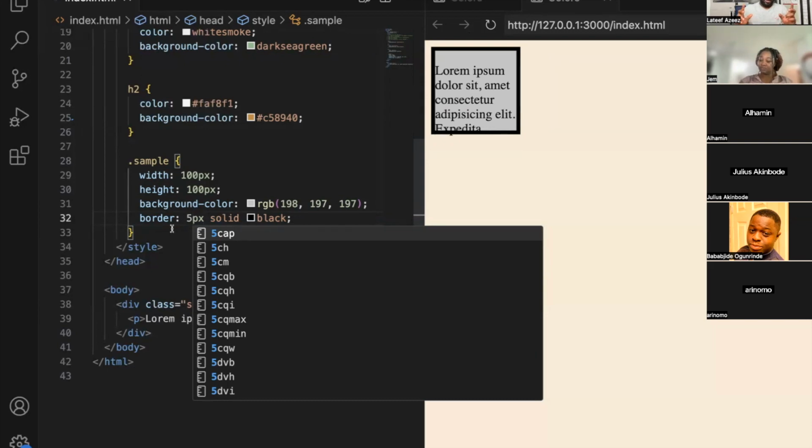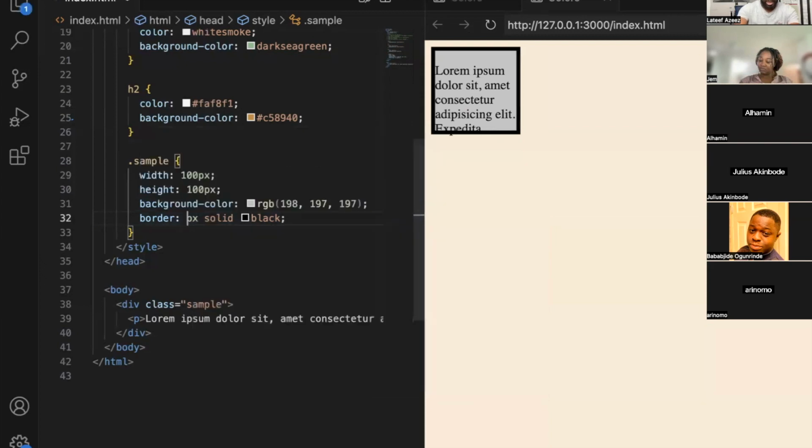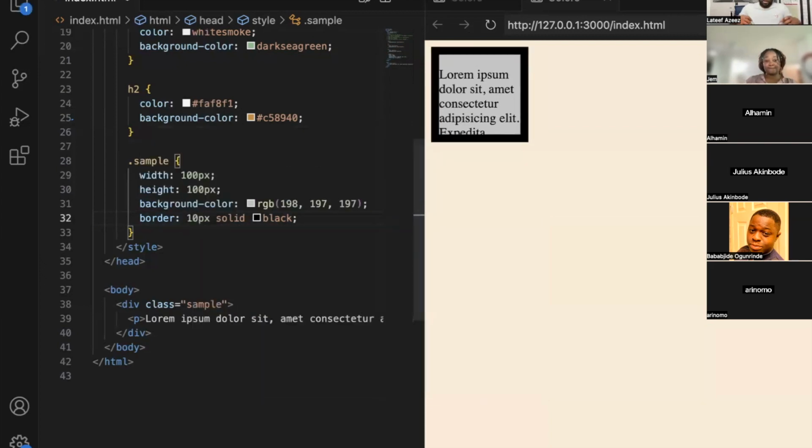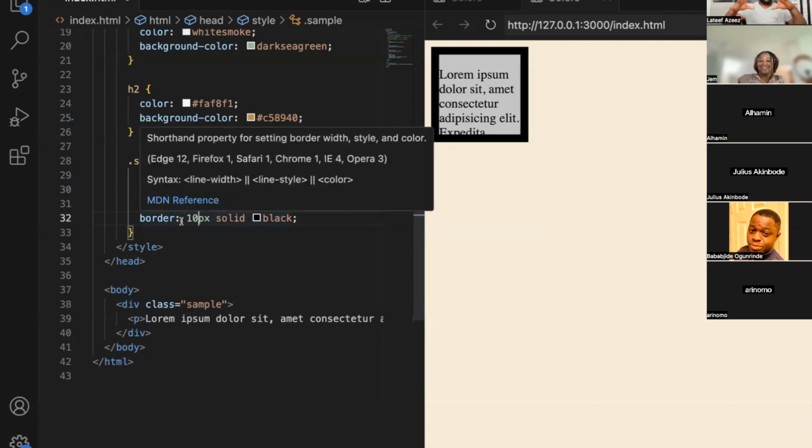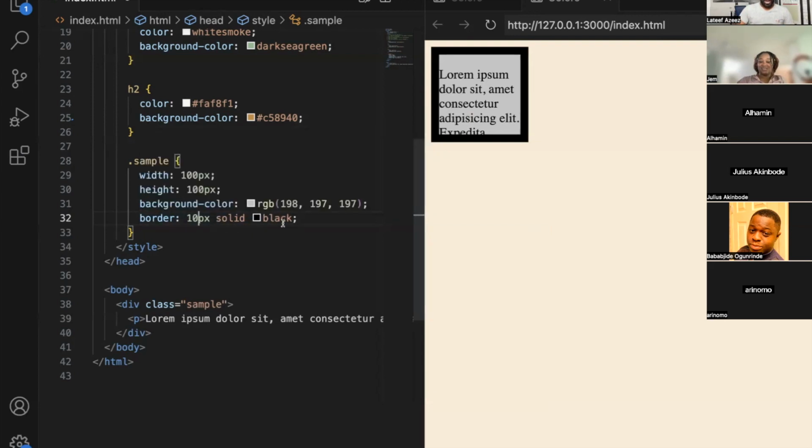Okay? All right. If I change this to 10, you can see it keeps pushing, it keeps squishing the text. It's compressing the text inside. Suffocating it, not letting it breathe. It's suffocating the text. It's not letting the text breathe. So it's going bigger, but it's not increasing the size of the original box. That is border. Now, because it has suffocated the text, you now feel like I need to add some breathing